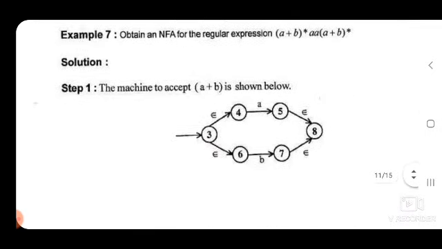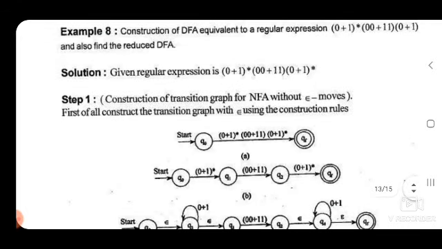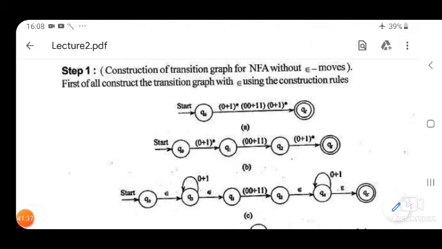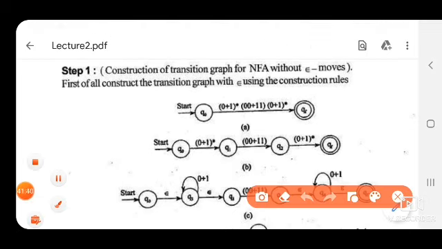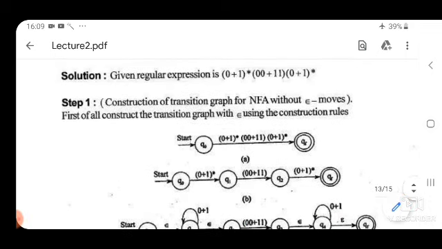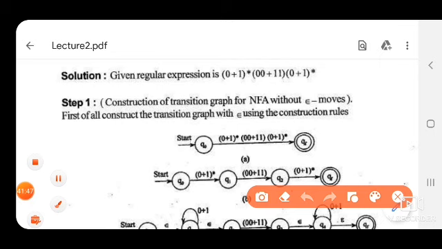Let us move to the final example. See this question. In this question, we have to draw a DFA for the expression (0 plus 1) whole asterisk, (00 plus 11), and (0 plus 1) whole asterisk.